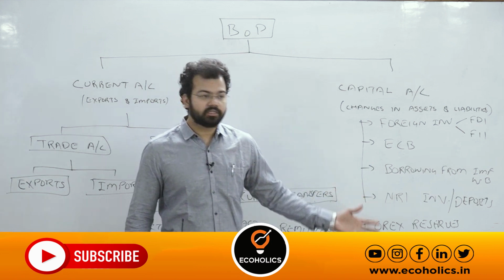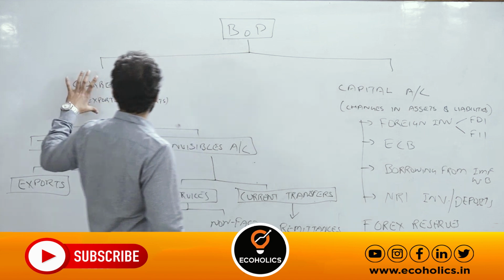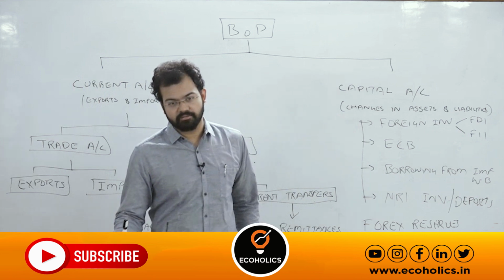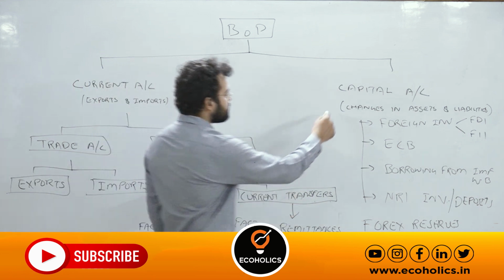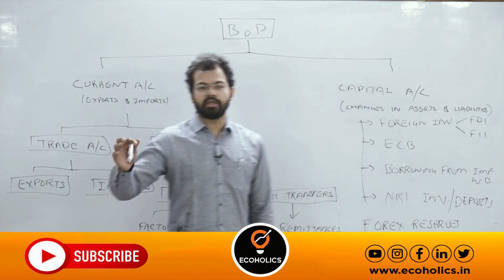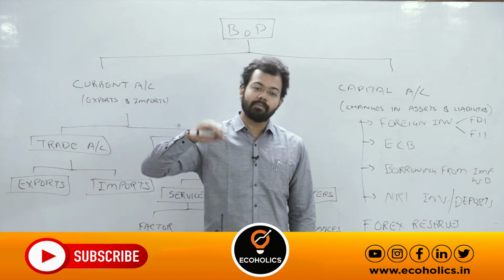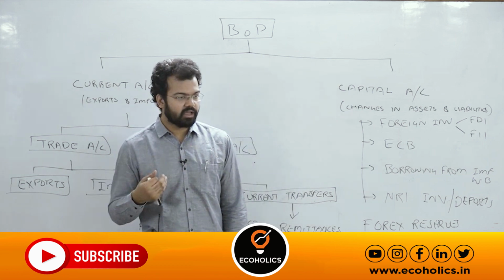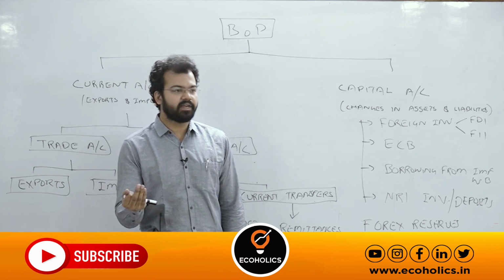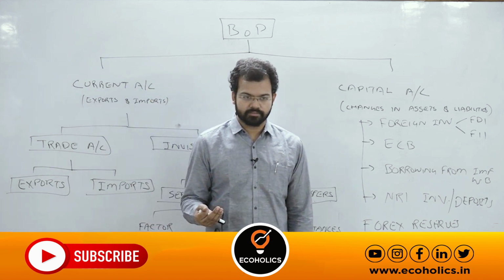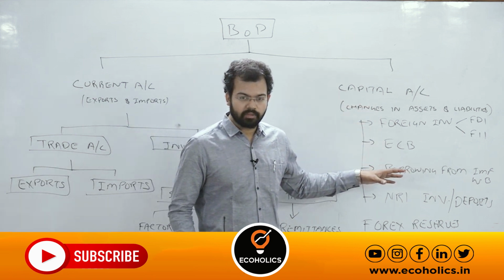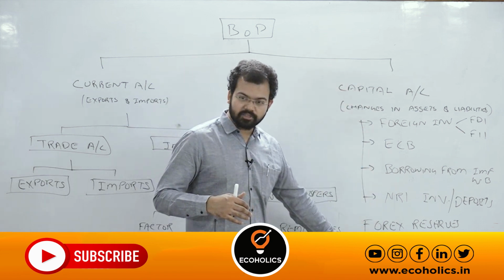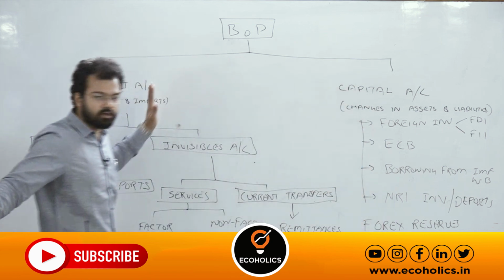Now if you experience deficit on current account and surplus on capital account, this is generally the case with India. India always experiences surplus on capital account, because obviously if we compare FDI coming into India and FDI by Indians, which will be a bigger figure? India is receiving FDI. I gave the figure yesterday, 17-18, $60 billion. So India is receiving more inflow and experiencing low outflow relatively. So India experiences surplus on this account and deficit on current account.